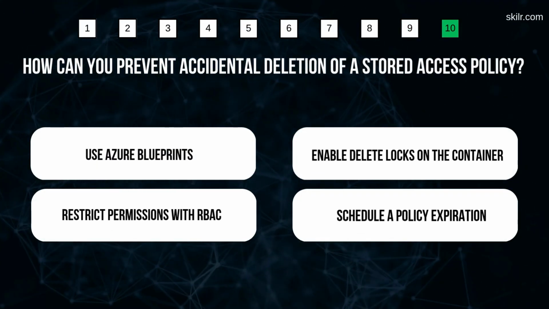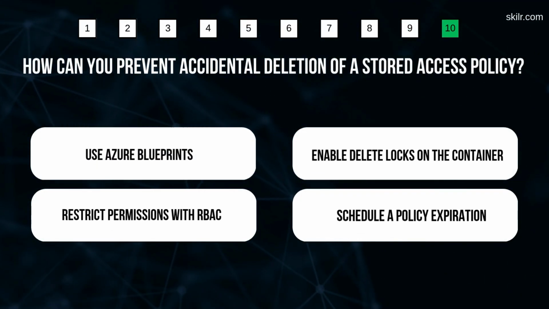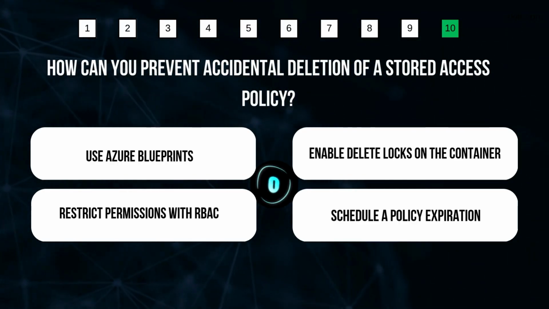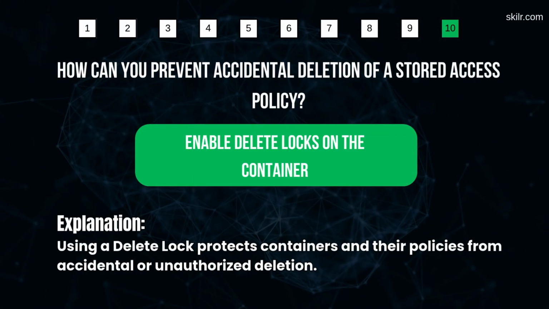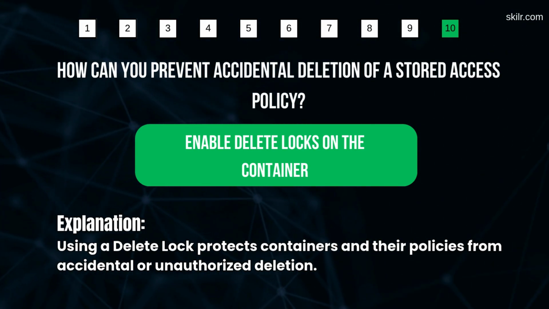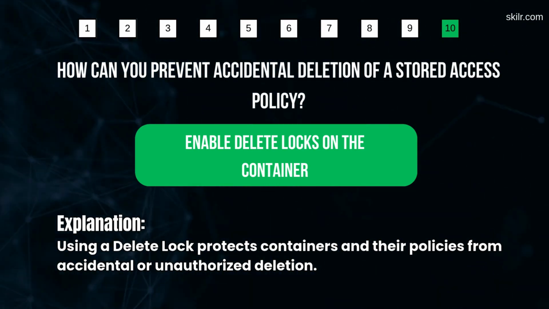Question 10. How can you prevent accidental deletion of a stored access policy? The correct answer is enable delete locks on the container. As using a delete lock protects containers and their policies from accidental or